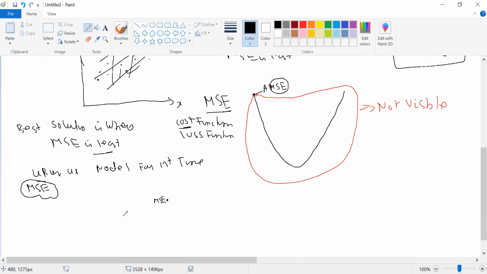You ran your model the first time and you have just one point. So you are standing at point number A and you don't know in which direction to travel. You don't know whether I should travel in this direction or in this direction.